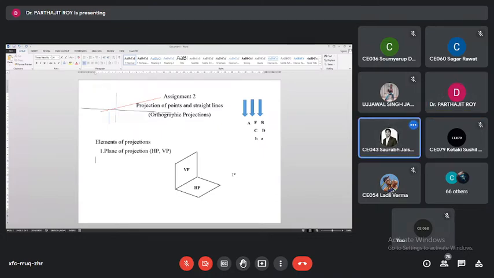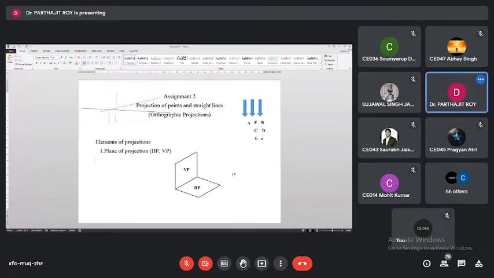Only one quadrant, sir. The horizontal plane and the vertical plane are intersecting with each other, isn't it? And giving you only one quadrant. Now, if I extend these two planes,